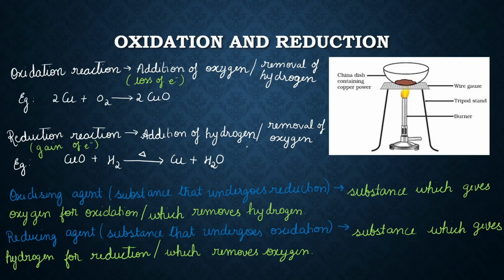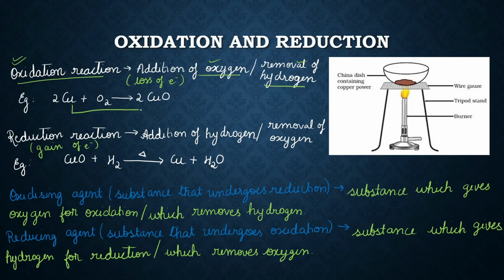Next, the last type of reaction, that is the oxidation and the reduction reaction. So what is an oxidation reaction? All those reactions in which either the addition of oxygen takes place or the removal of hydrogen takes place are referred to as oxidation reactions. Addition of oxygen or removal of hydrogen must happen. So if you see here,